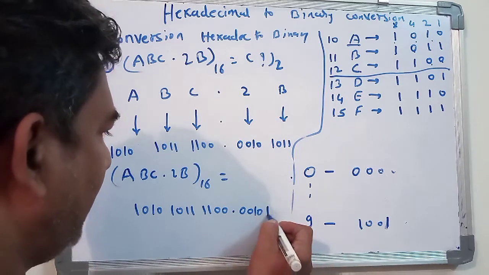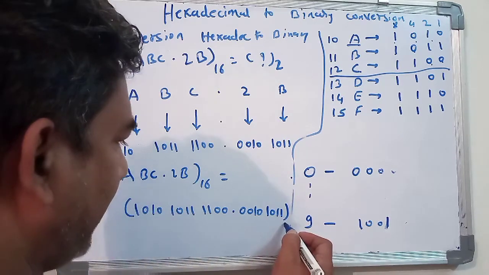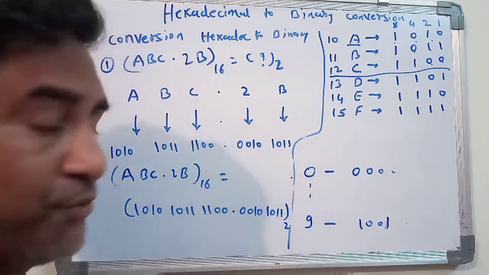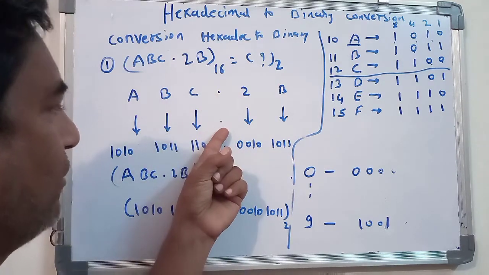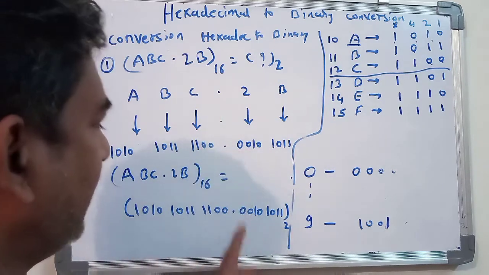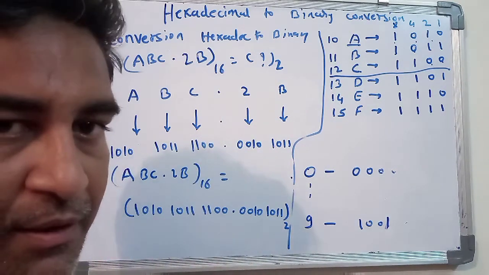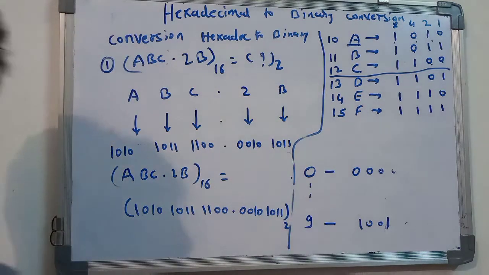0010, 1011, and you have to put a bracket and write down the base 2. So in this way, if the point has been given to you, you have to make the conversion like this. Okay students, now the next conversion